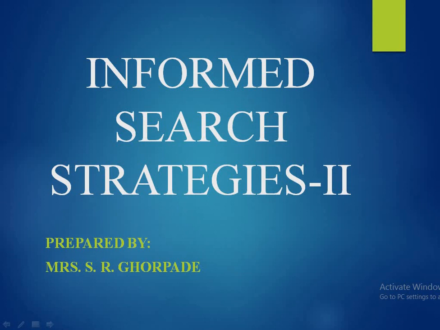In the previous video, we have seen the informed search strategies. We started in that video with greedy best first search. The greedy best first search tries to expand the node that is closest to the goal on the grounds that this is likely to lead to a solution quickly. So the greedy best first search will provide us a quick solution. In this video, we are going to discuss the A star search, which is the extension to this best first search.